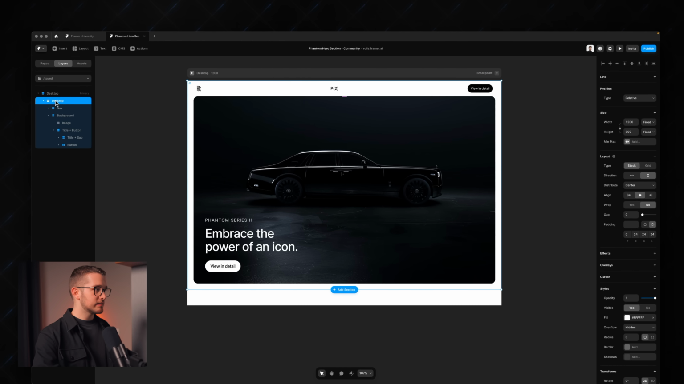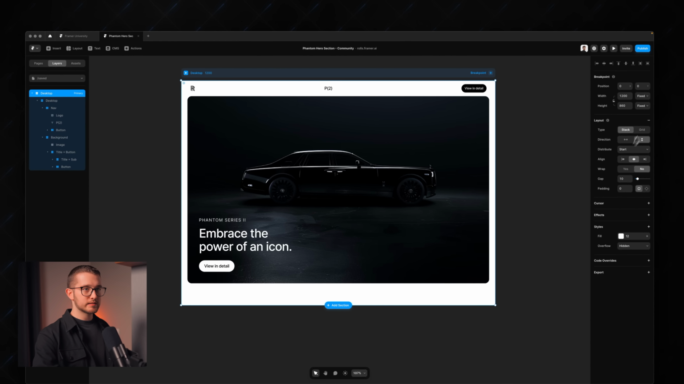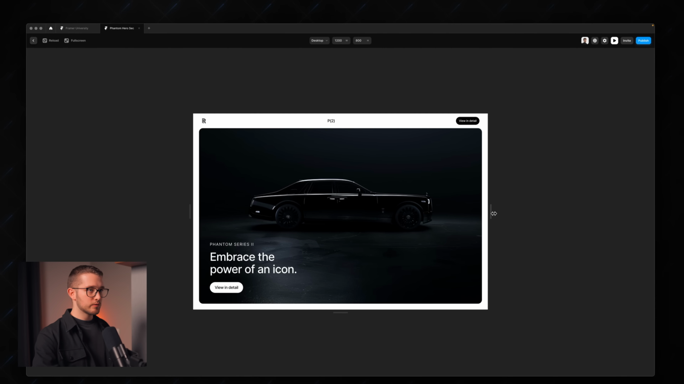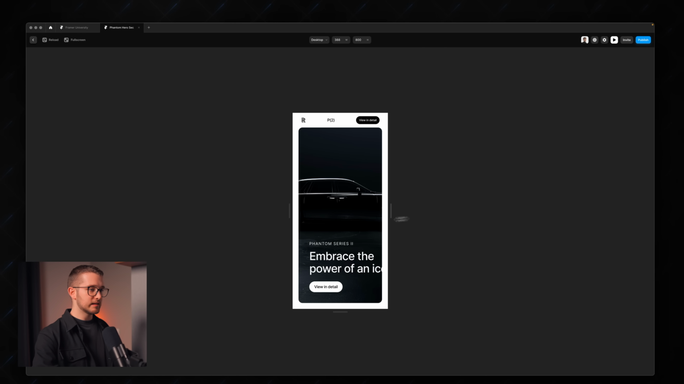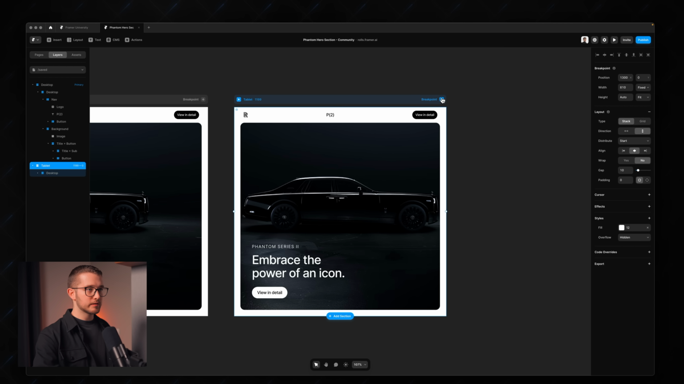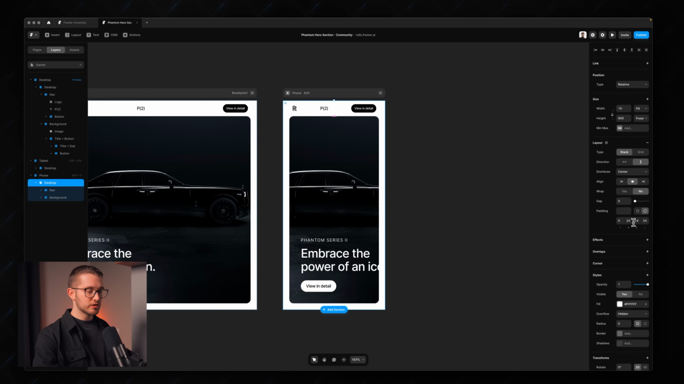So what I can do is select this desktop and set the width to fill. We can set the height of this desktop breakpoint to fit content. As you can see, now it is nicely responsive. We can add the tablet and phone breakpoints just like we did previously, and we can make those adjustments